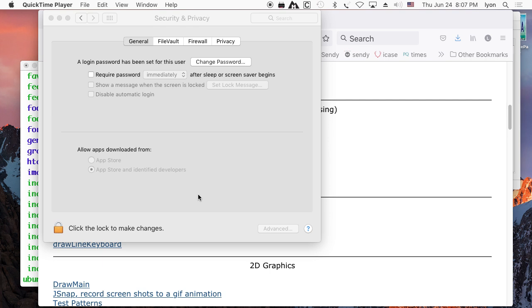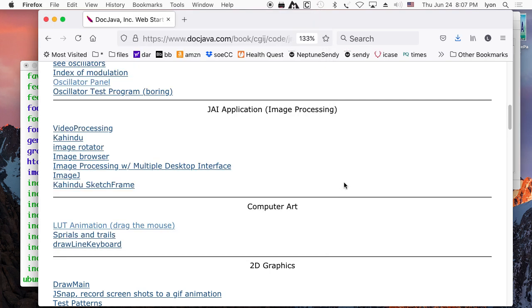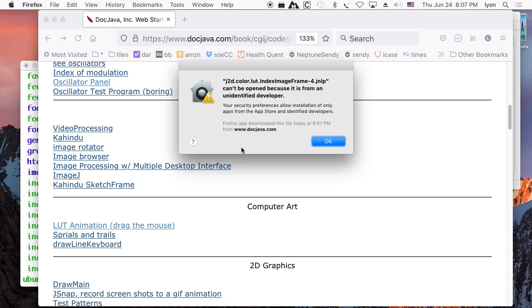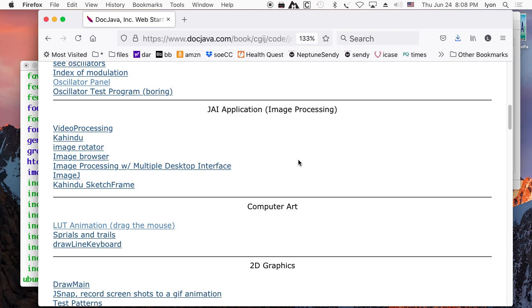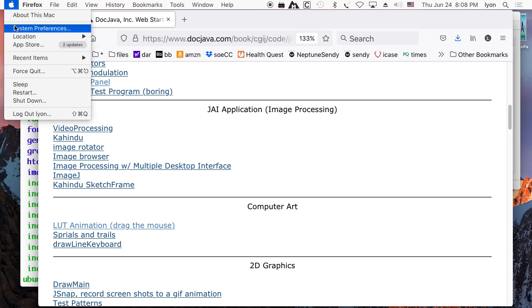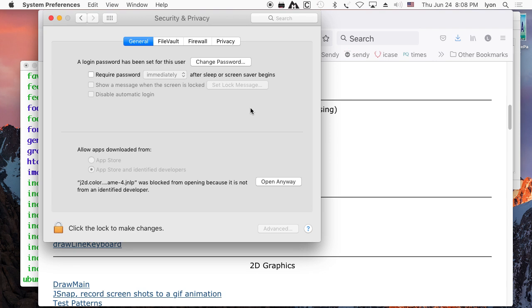Everybody. Just thought I'd show you what happens when you try to run a jar file that's been signed with an old certificate. Here's a Java Web Start application, and it says it's an unidentified developer. Oh no, what do we do? No security. Say okay. And if you want to open something like this, I guess you got to go to the system preferences and click on Open Anyway, and you'll find that in the